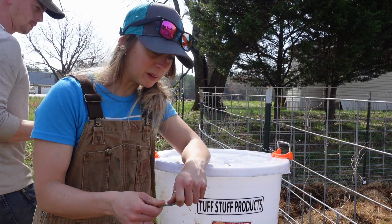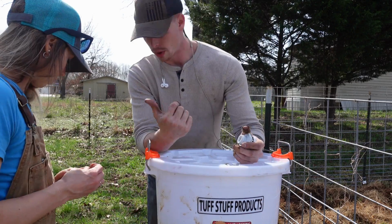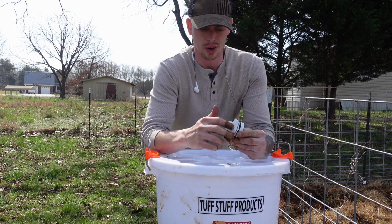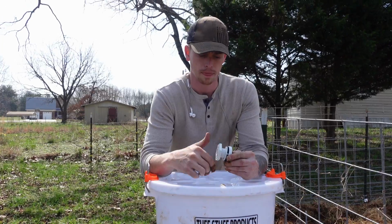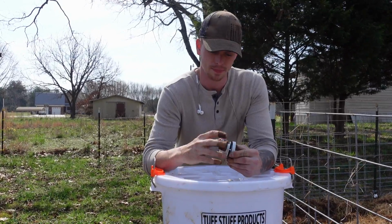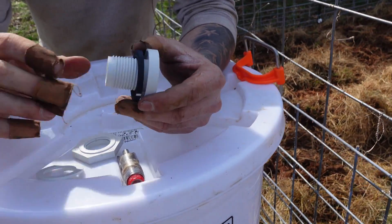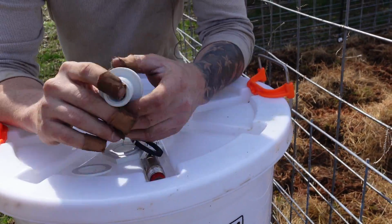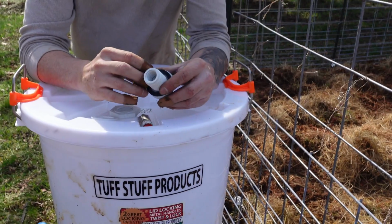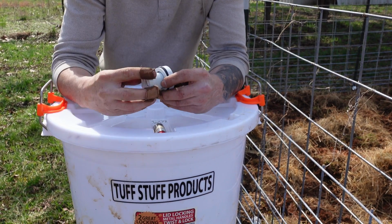So how are you planning on feeding it through this wire? That's going to be with the water hose. So you get a barrel like this. They make, I don't know what these are called, but basically it's just a PVC lock nut. Let me bring you closer to kind of show you. This comes with a gasket on one side. So you drill a hole, run this through on the inside with your gasket on. Put this washer on there, then your nut,